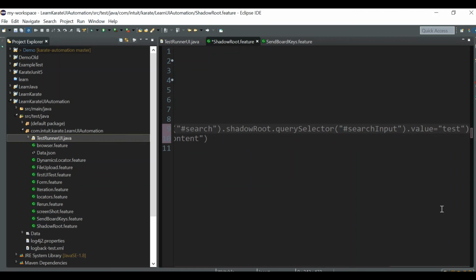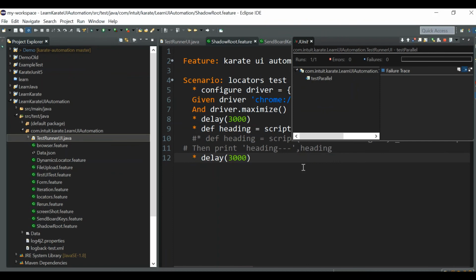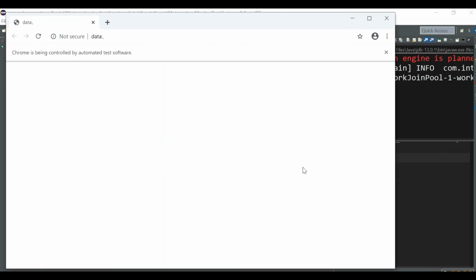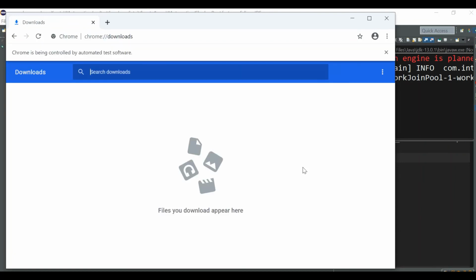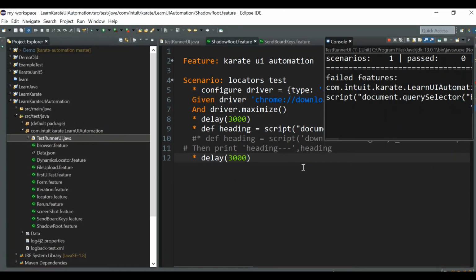We have to give it in single quotes, and let's give some delay also so that we can see. Now let's run it. It should pass the test keyword to the search box now.